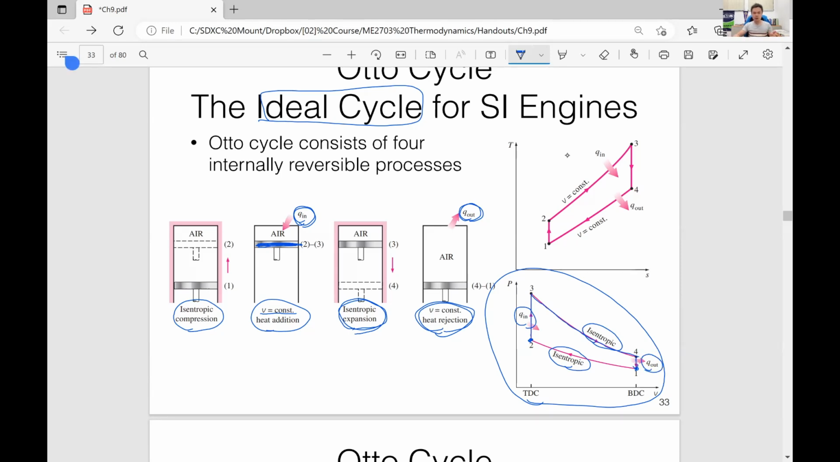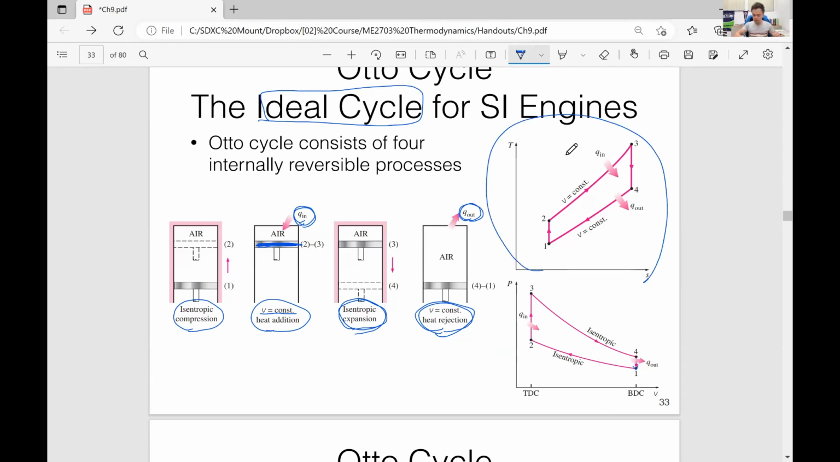This is an exhaust process, but we use a Q out. We use a heat rejection process to replace the real exhaust process. Okay, so this is a PV diagram. This is a PV diagram of an Otto cycle. On the other hand, for the TS diagram,